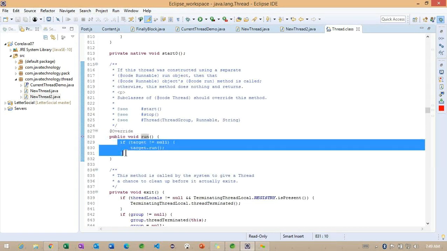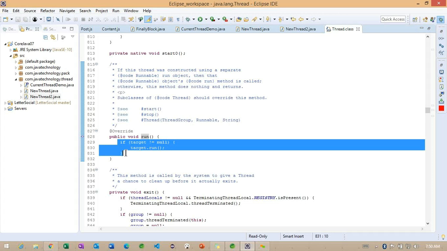Right. Basically, if we observe here, the run method is already implemented in the thread class. You can check here, the run method is already implemented here. Getting the point? But even though the run method is implemented, the thread class has some more specific methods. The specific methods we identified are the name of the thread, priority, set name. So those features will not be available in the interface here.